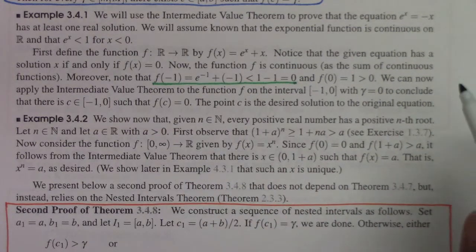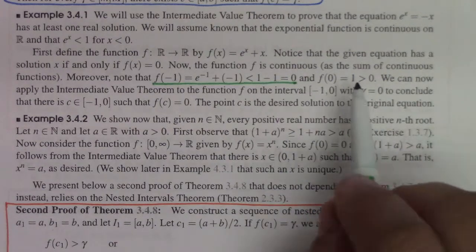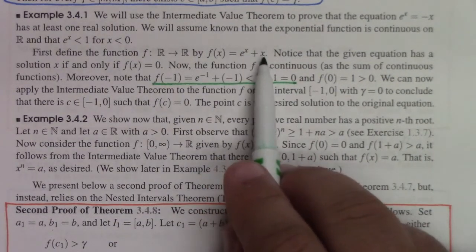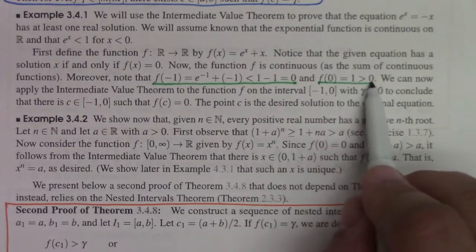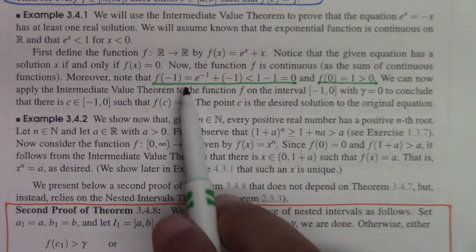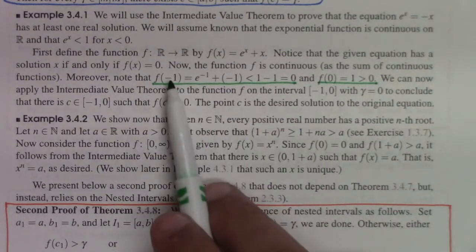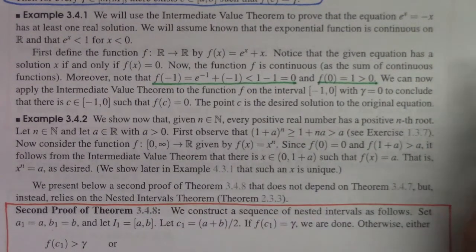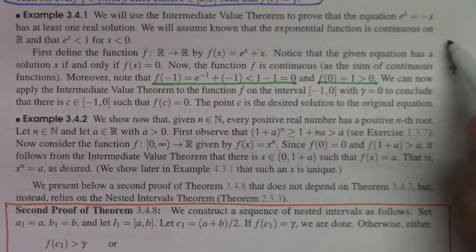Okay? And on the other hand, f of 0 is equal to e to the 0 plus 0, which is 1. That's positive. So that means somewhere between minus 1 and 0, there is a point such that f of c equals 0, right? Because it changed from negative to positive on the interval. There exists a c